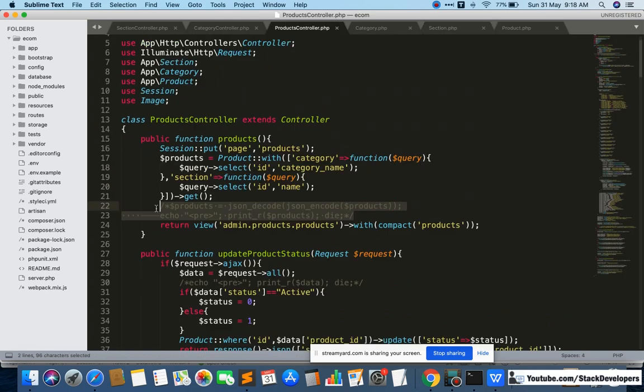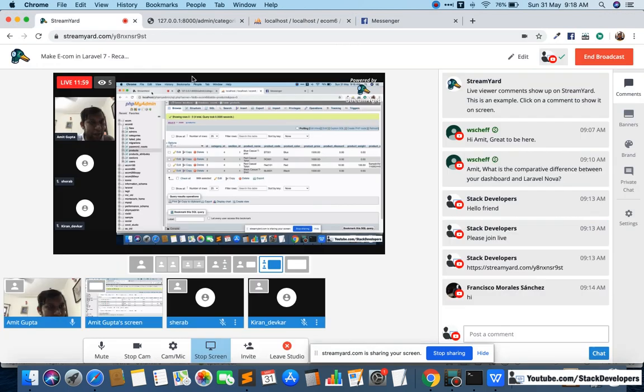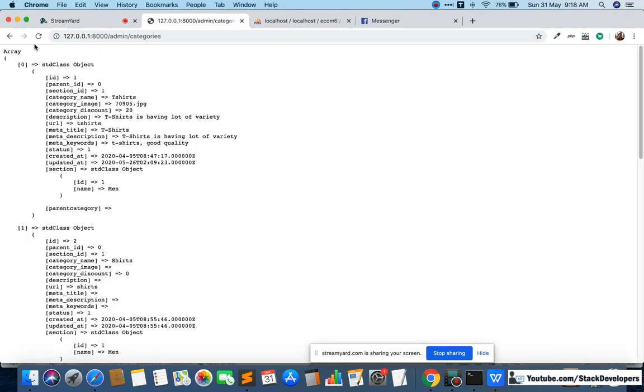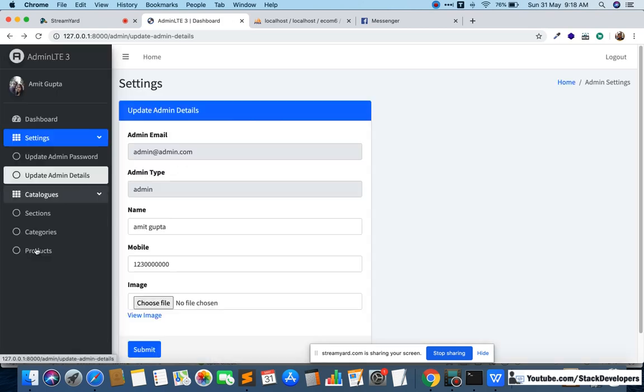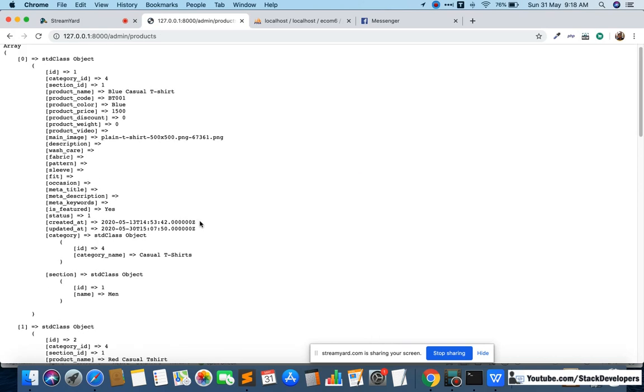Okay, so here I come, and this one is the product controller. So I can see products here. I am going to fetch now. I will come to products. Here I am going to show products, and you can see the relation here. See now, with every product we fetch the details of category as well as section. So here we have done two things. We have done the belongs to relation for both category as well as section.